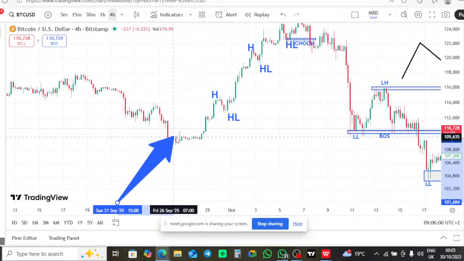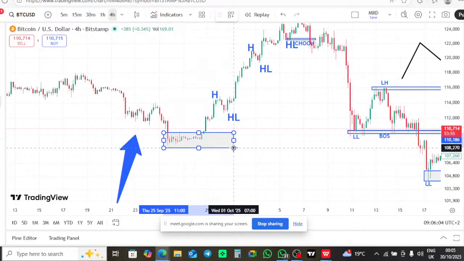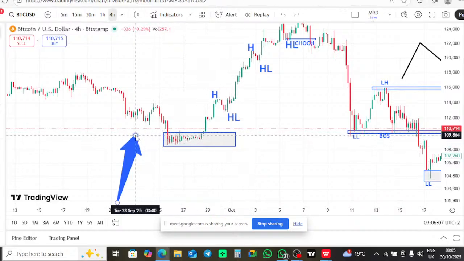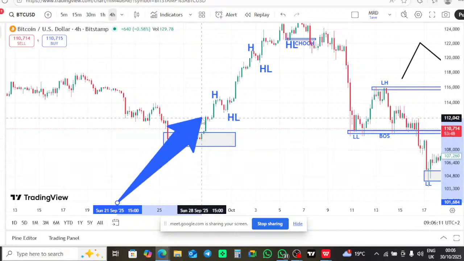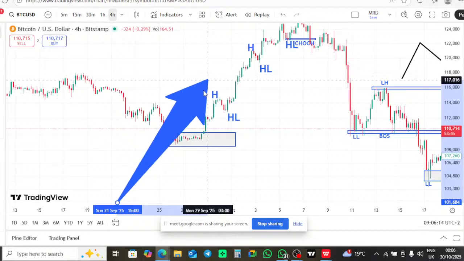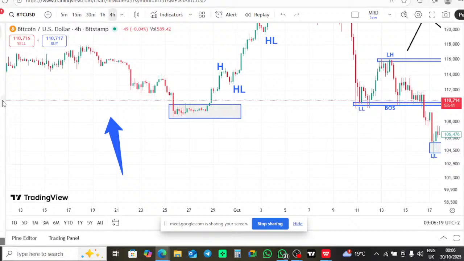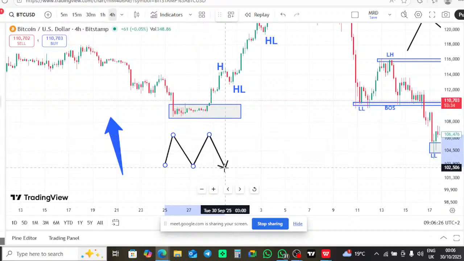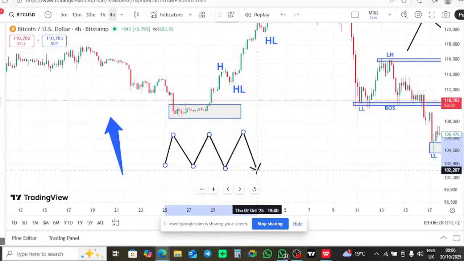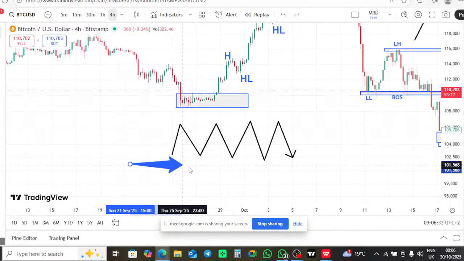This one, until it breaks out, you just create your box like this. If we break down, then meaning we are dropping. If we break up, then meaning we are moving up. This is how you do it. But in most cases, you find that the ranging market, at times, it is looking nice. If it is making sense to you, at times it can move this way, and that means I can simply come and I trade here.